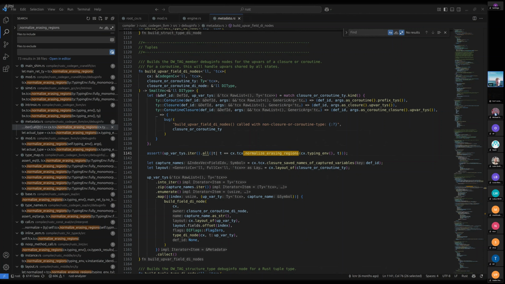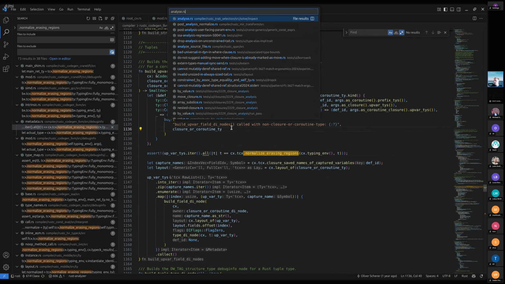So its API is generally limited to normalizing stuff or just proving that something holds. But there are a few cases where we actually do want to look into what the trait solver is doing, and we still need to support those, for backwards compatibility, because they are also just desirable. And the way this is done is via proof tree visitors,